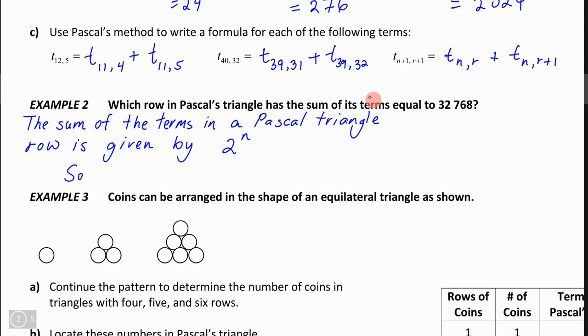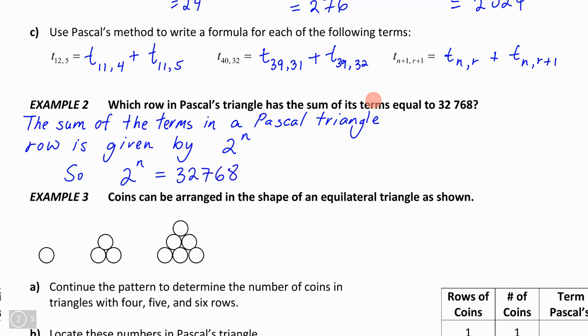So we know the sum is going to be 2 to the exponent n equal to 32,768. Now all you have to do is solve for n. Now you have to go back to just your grade 11 course. So if you took grade 11U, you may have been taught how to solve for n using logarithms. If you took the grade 11 mixed course, you may not have, but